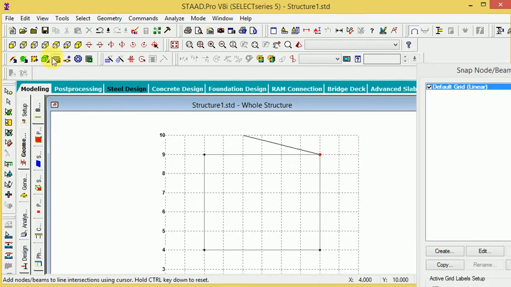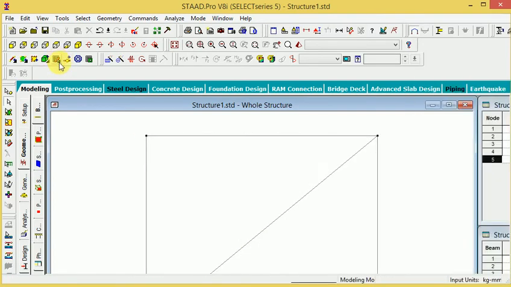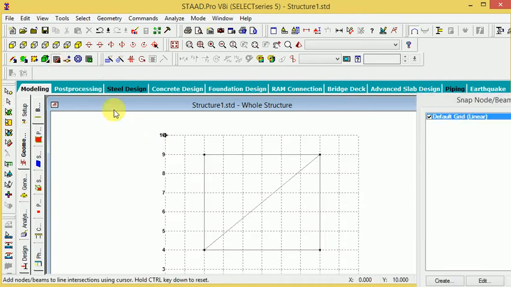Join all these components. If you again join the line, so this is the grid here, and now join the line, this is start, it's complete.